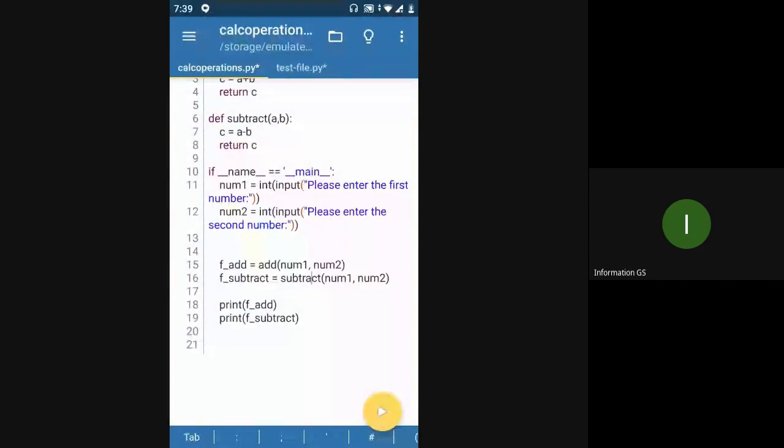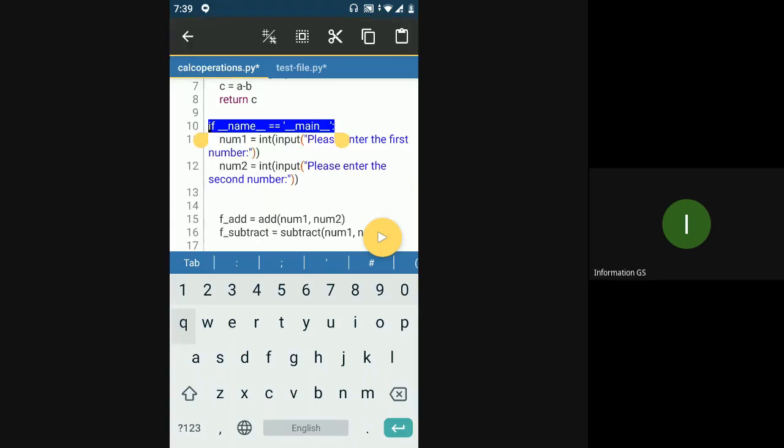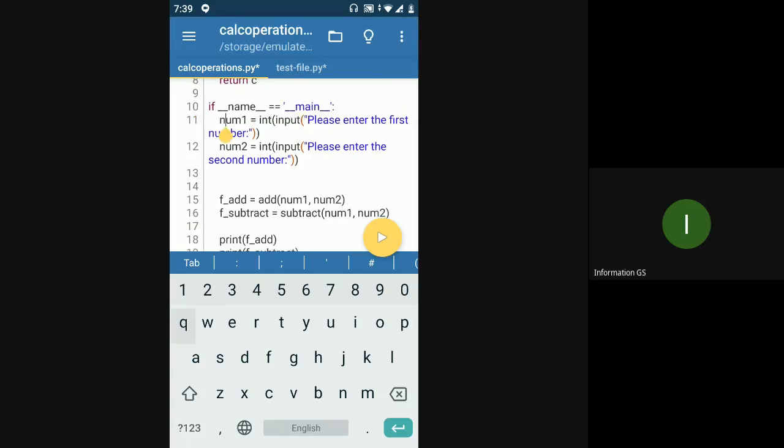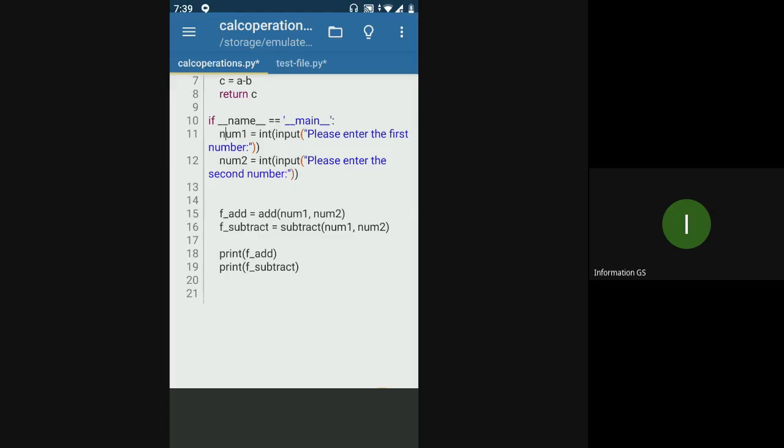Since this evaluates to true, whatever is present inside the main code block gets executed. So I can run this, and addition and subtraction get executed.